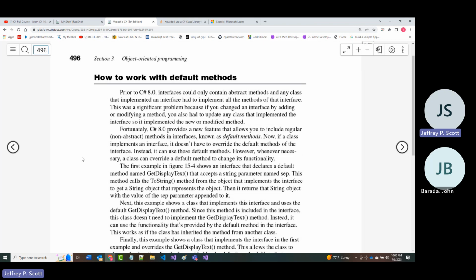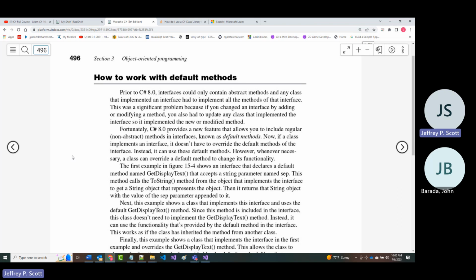How to work with default methods. As it says, prior to 8.0, interfaces could only include abstract methods. And any class that implemented the interface had to implement all the methods of that interface.